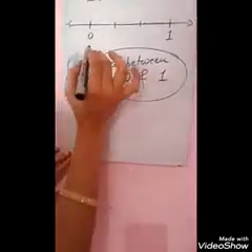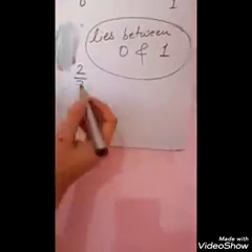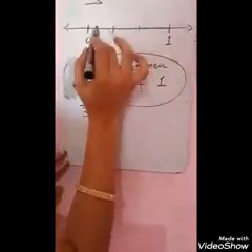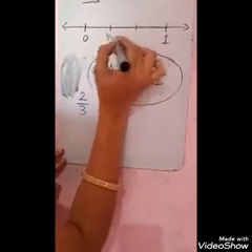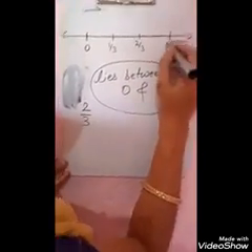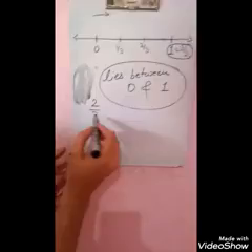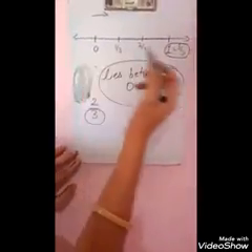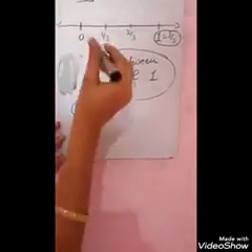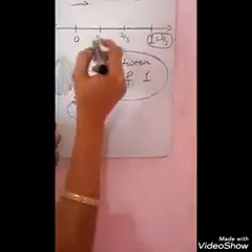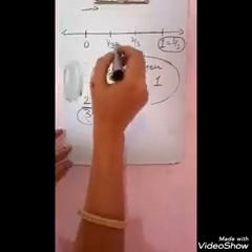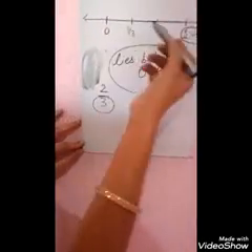Right. Now between 0 and 1, we will start writing the fraction of each part. So 1, 2, 3. In these 3 parts, this is 1 by 3, this is 2 by 3, and this one is 3 by 3, that is equal to 1. Understood? The denominator is 3. That's why we have divided the space between 0 and 1 into 3 equal parts, and after that we have given each part a name, 1 by 3, 2 by 3, starting from 0. Every time you have to start naming the positions from 0 only.